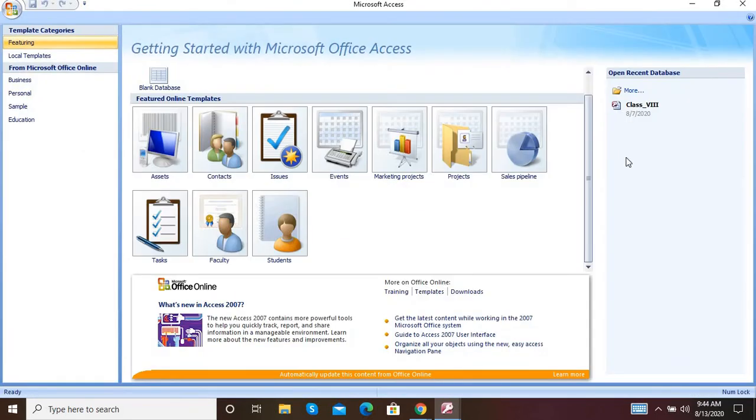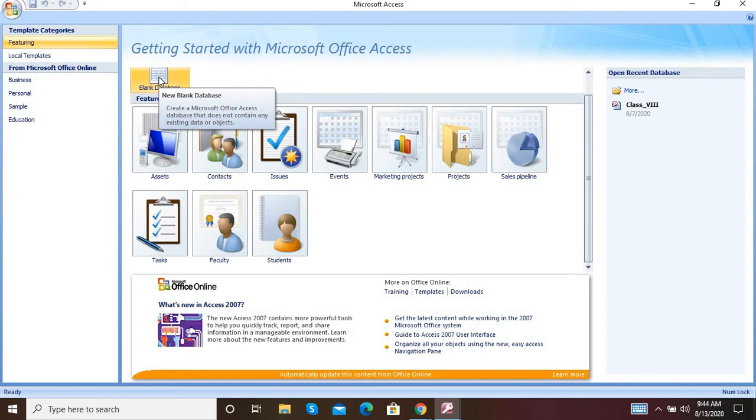So you have to select Microsoft Access. When you click on the Microsoft Access application, the first window comes up like this. In that, you have to click on blank database.